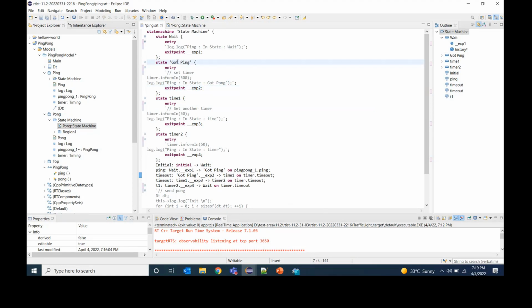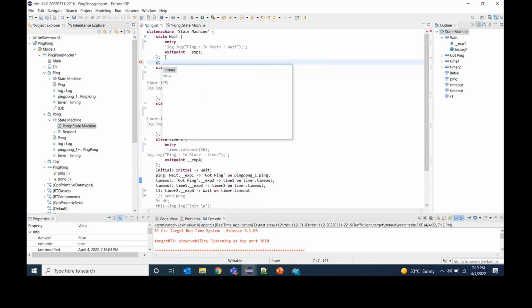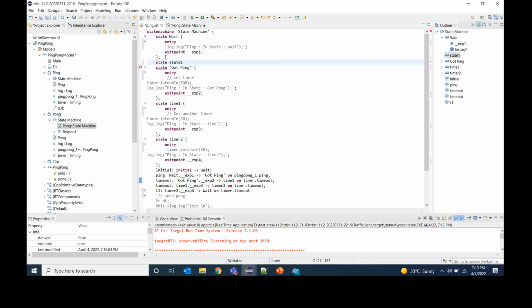For example, just to demonstrate, if I add one more state here, State 1. And for example, while editing, if I move it to here and save it. And now if I invoke the formatting, this gets into its place properly. And the editor looks nice. And the same thing gets